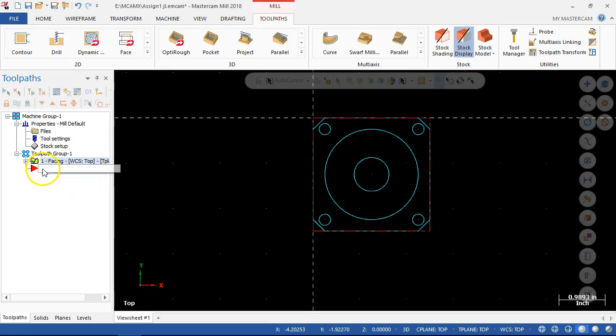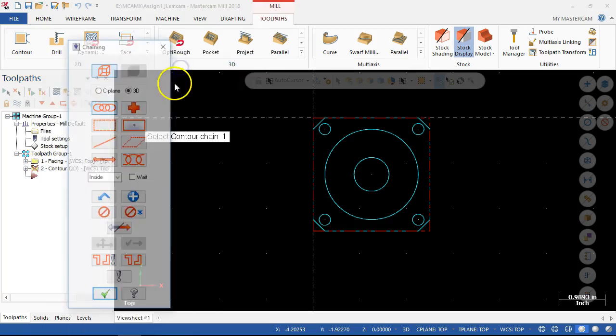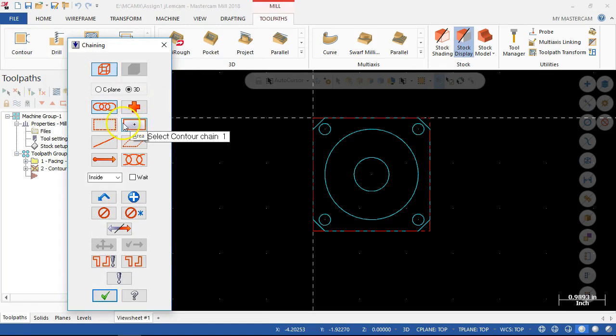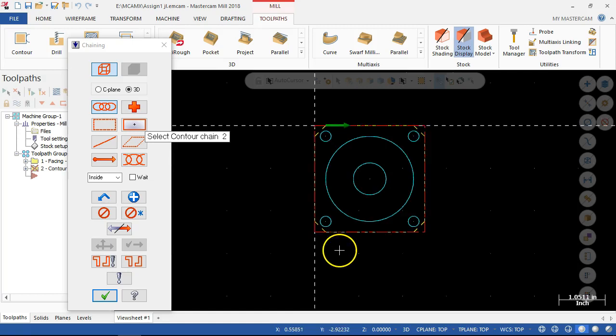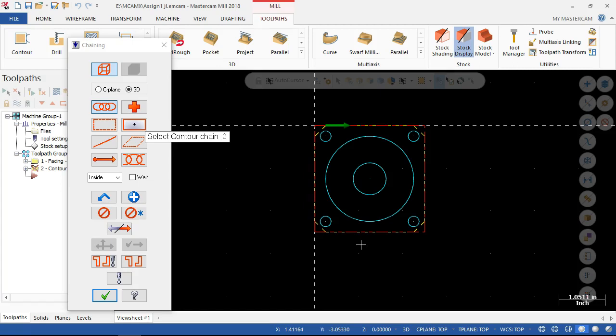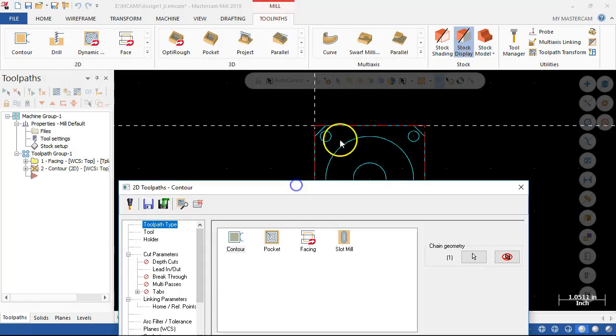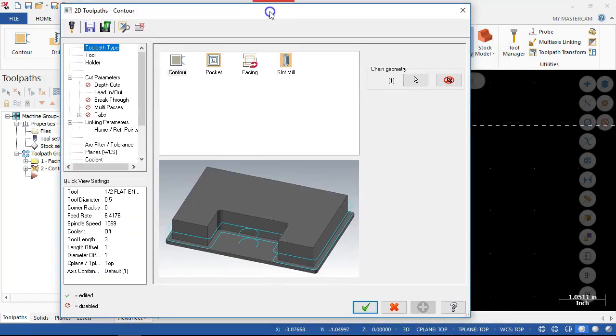All right, well, let's go into the next operation. We've established the face. The next one will be a contour. All right, and we're going to pick up the chain. And so the chain is what defines the toolpath. All right, and then we pick onto the geometry. It shows me the direction, and you can kind of see it highlighted in yellow all the way around. Actually, it would be better without the stock being shown, but once we accept. And if we had picked a second chain, there would be multiple chains there that we could